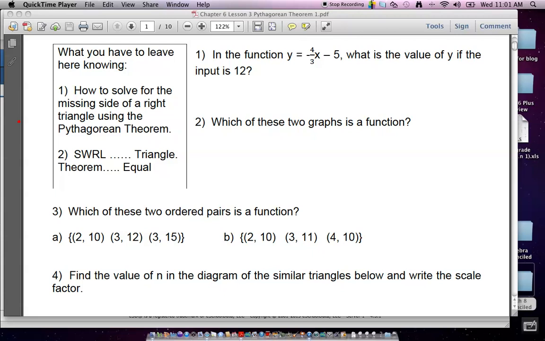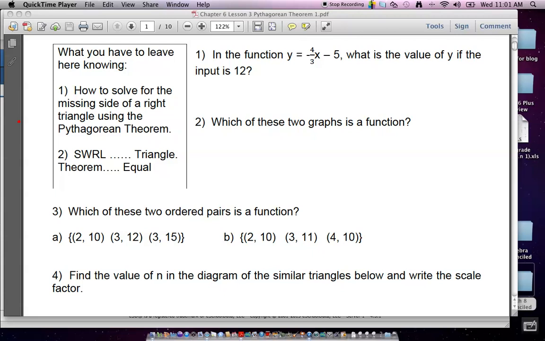Now, it says in the function y equals -4/3 x minus 5. What's the value of y if the input is 12? Now, what letter means input? X. Very good. Middledorf, you with me here? Good. X means input. What does y mean? Output. So when it says what is the value of y, it's saying what is the output if the input